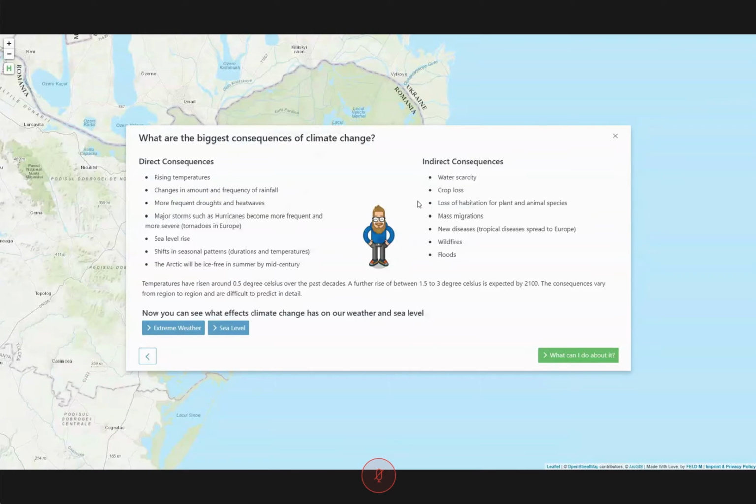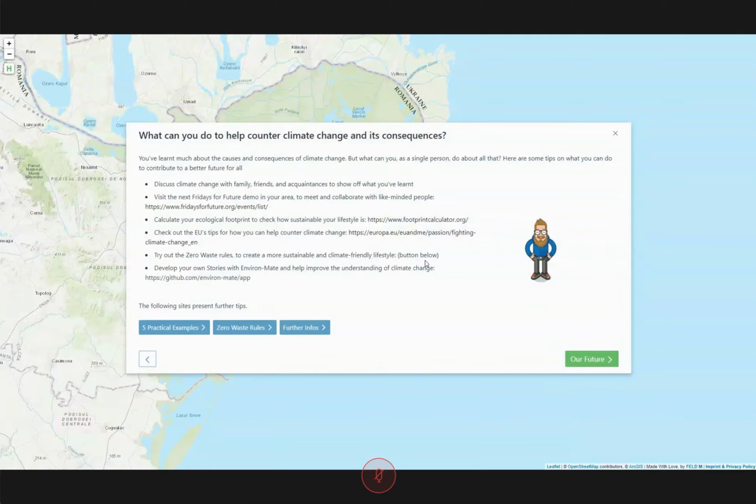Okay. So we see what the consequences are if we just keep things as they are right now. But of course, we don't want that. We don't want to deal and live with those horrible consequences. What can we do about it? And on this little page here, we have summarized what each single person, each individual can do about all that.